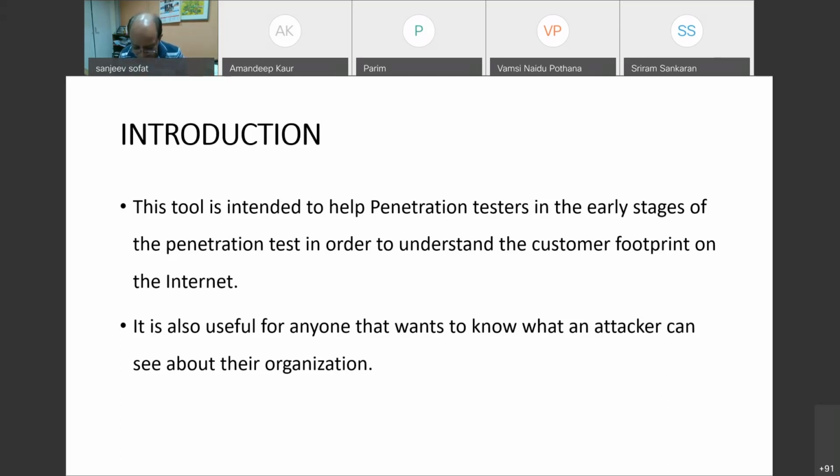There is always an ethical and an unethical part to this. The ethical part is when I would like to know what an attacker can see about my organization. As an ethical hacker, I want to find out how an attacker will see my organization if he tries to penetrate my network.